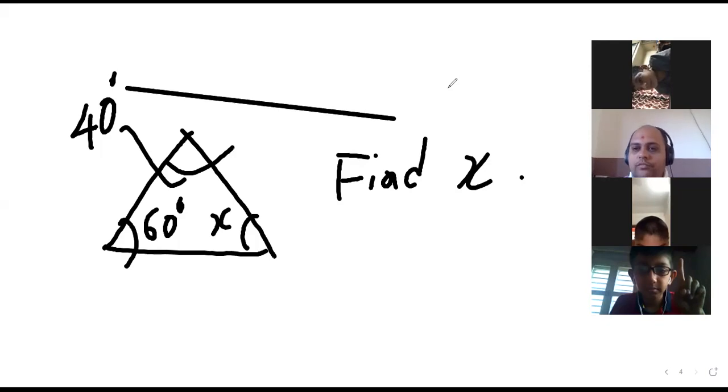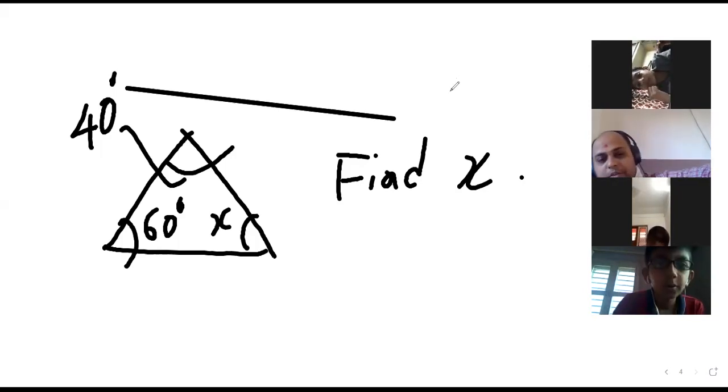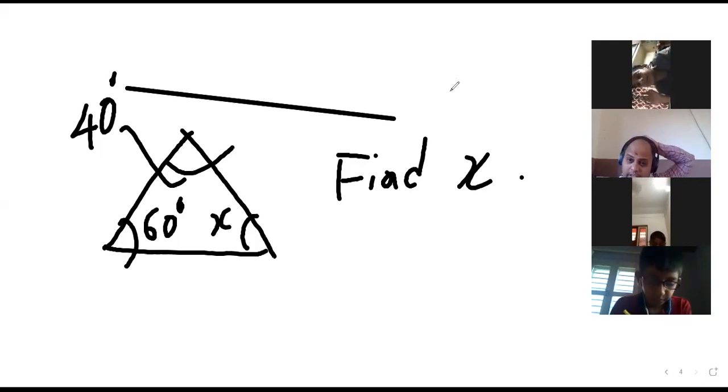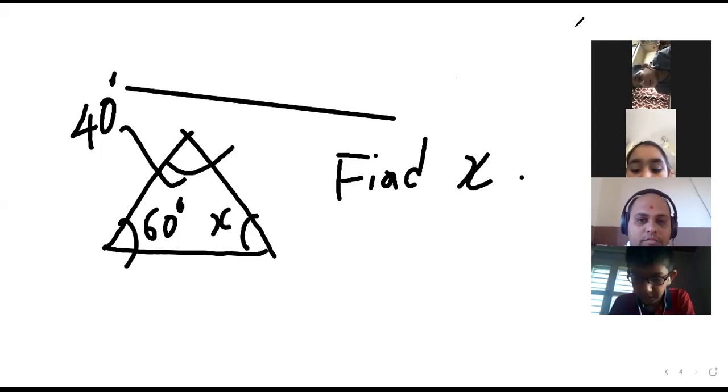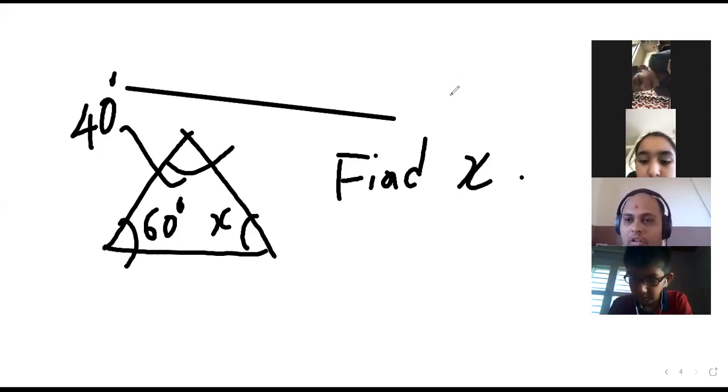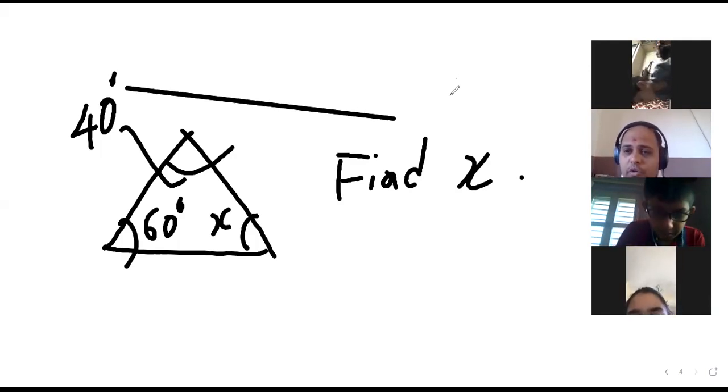बोलो द्विज. सर ये कौन सा ट्रायंगल है, आइसोसेलेस ऐसा कुछ बोला नहीं है क्वेश्चन में. क्वेश्चन में सिर्फ एक एंगल दिया है, जिसके दो एंगल दे दिए हैं. Make sure two angles are given. You have to find the third angle. Tell me. Sir, yes. I didn't know you have to write this, so I didn't write it. That's all right. I'll be posting this on YouTube on my channel. You can check it out later. All right.